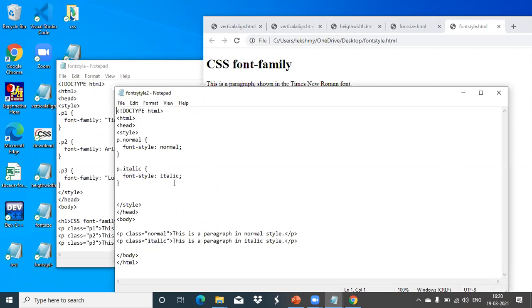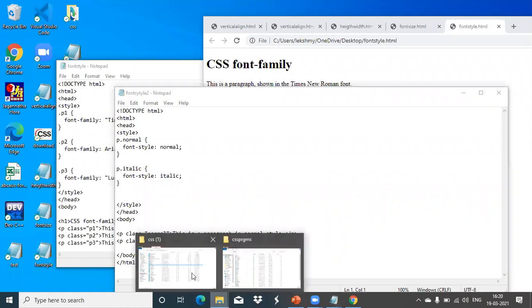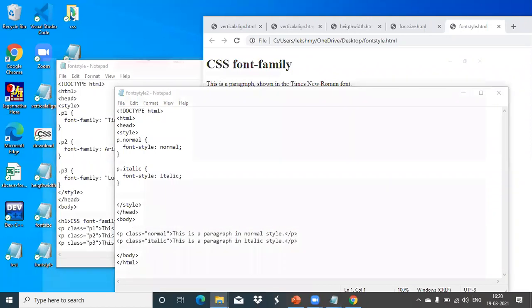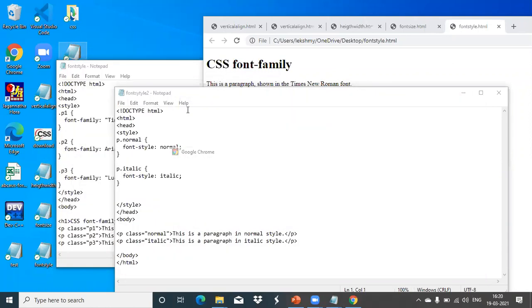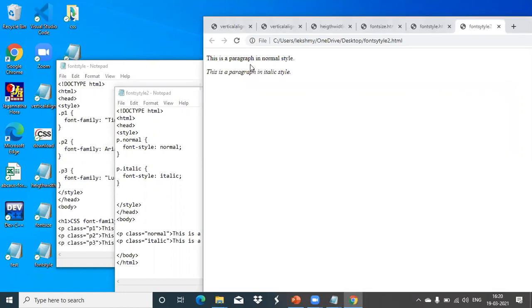That can be normal, or italic if you want, that italic also we can give. So you see the output, how italic will come. The first one, we have given style as normal. So that is a normal paragraph. In this one, we have specified italic, and it came in the italic style.